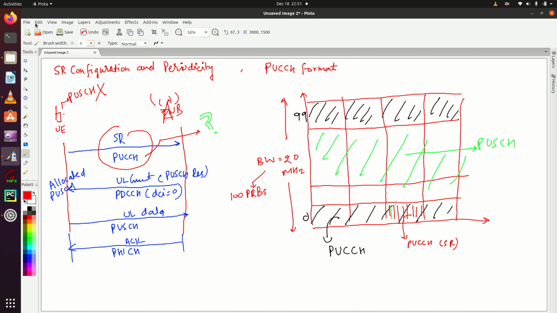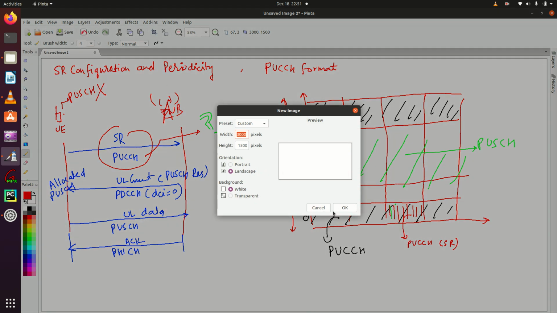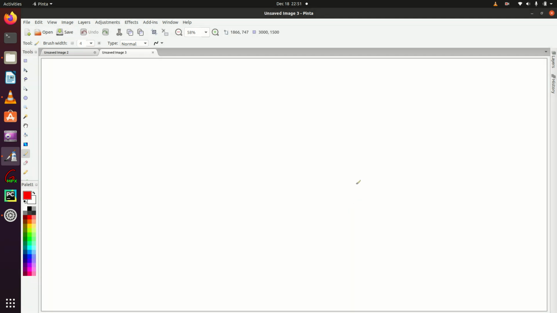Let me open a new page. To provide the configuration and periodicity of PUCCH, that is, providing these details of PUCCH, is the responsibility of the RRC layer.